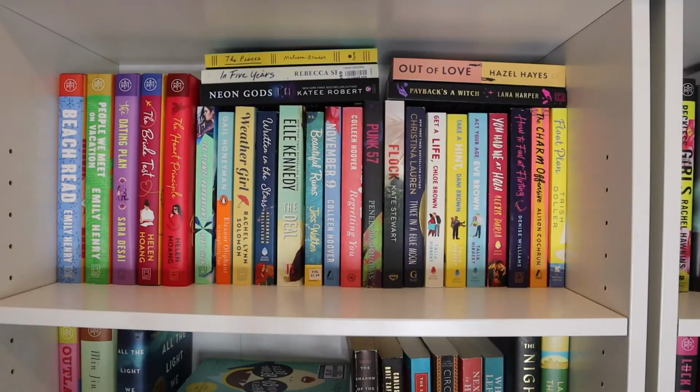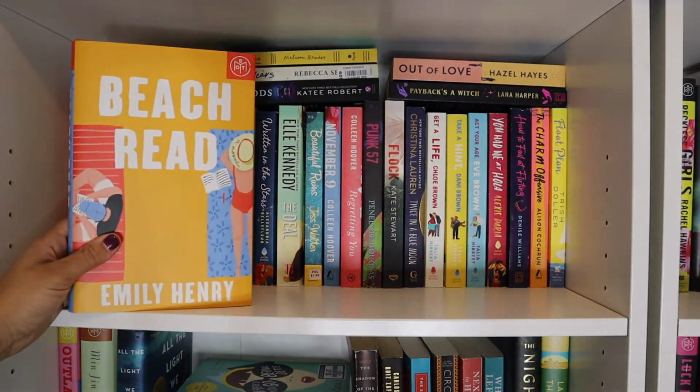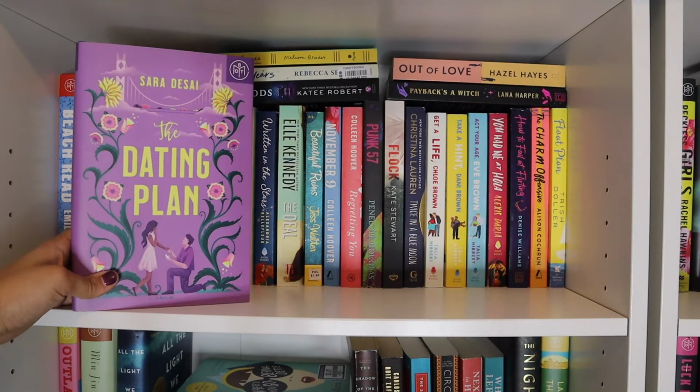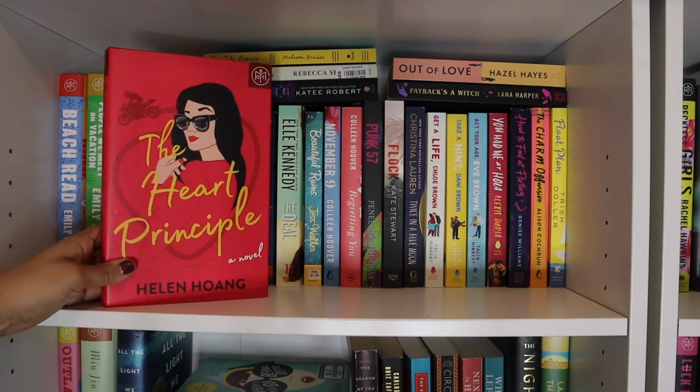Okay, round 2, because I apparently wasn't recording when I did this entire shelf. Okay, so up here I have my romance books. So let's talk about what is on these shelves. Starting with Beach Read by Emily Henry, People We Meet on Vacation by Emily Henry, The Dating Plan by Sarah Desai, The Bride Test by Helen Hoang, which is the sequel to The Kiss Quotient, The Heart Principle by